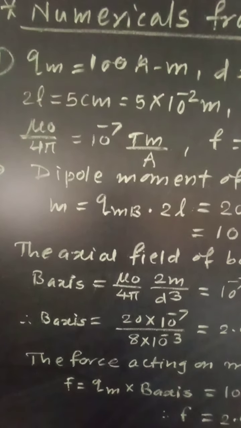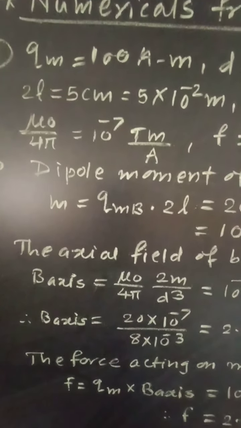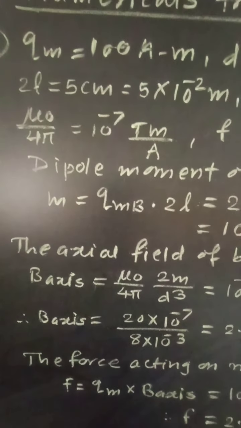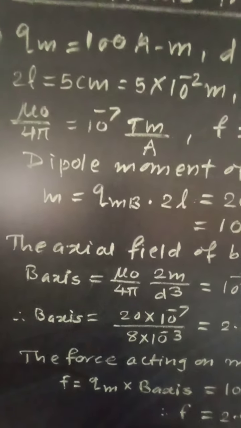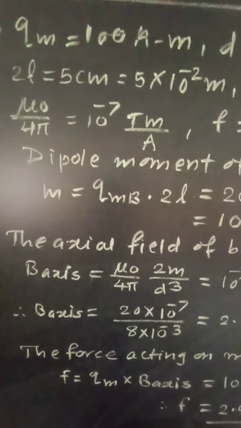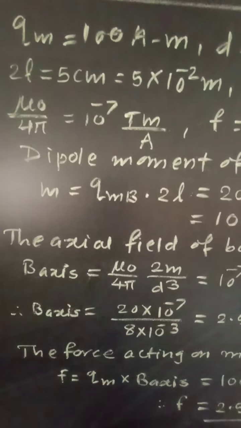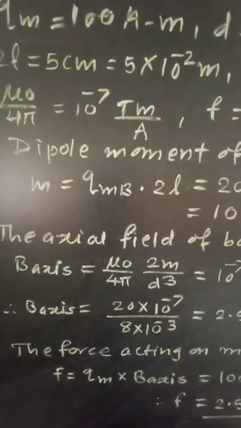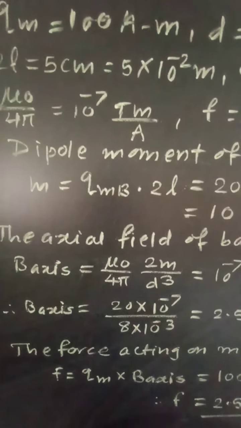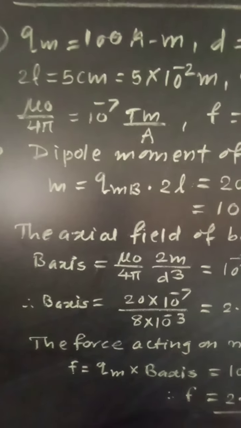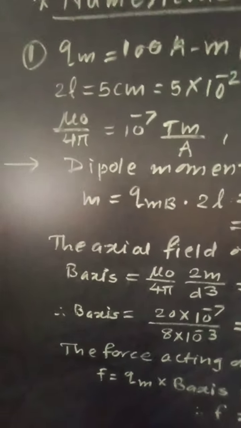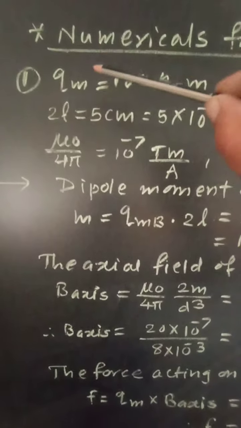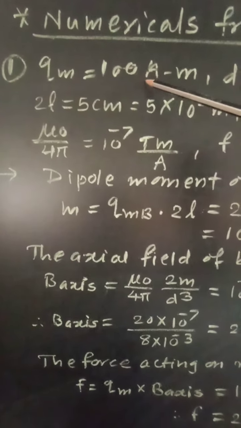on the axis of a bar magnet and 20 centimeter from the center. The magnet has magnetic length 5 centimeter and each pole of strength 200 ampere meter. Find the force on the magnetic pole. For this numerical the given data is Qm equal to 100 ampere